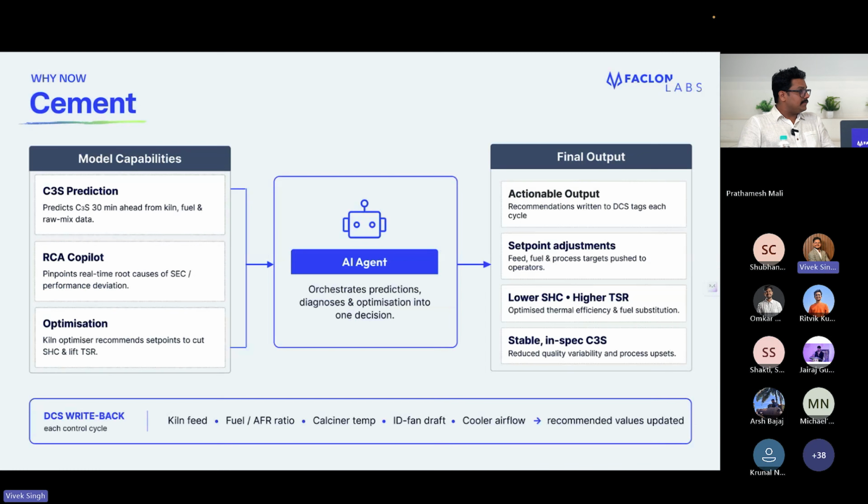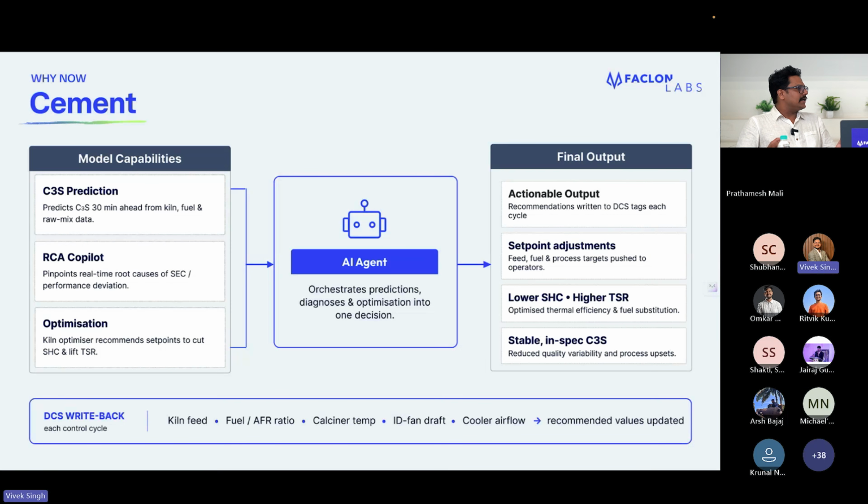Let me give you another example. This is around cement, right? So for one of the cement plants here in India, we had a traditional machine learning model that was predicting the quality of the clinker that is created. Just to give you a brief, in a cement plant we have a kiln. It is like a furnace where we put in raw material, and then we put in coal and air to burn that coal and create clinker, and then we grind it up so that we can get cement, right? So when we create this clinker, which is the intermediate product, we need to have proper quality.